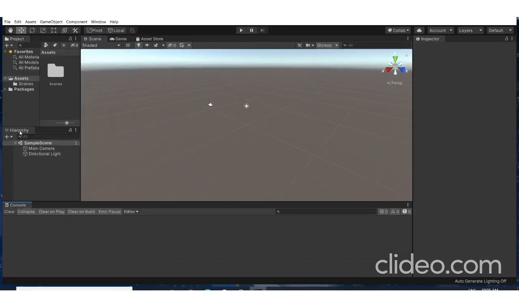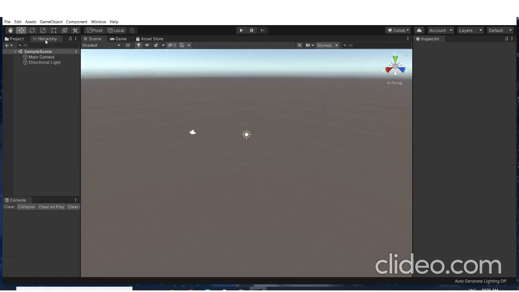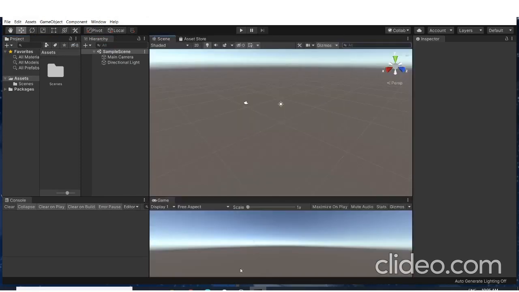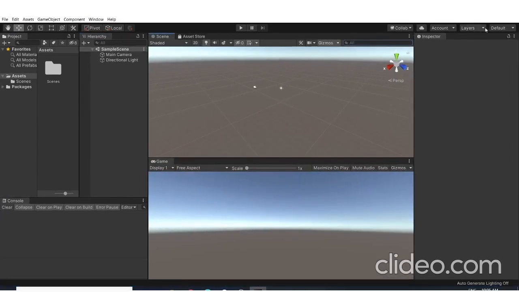I usually put my project tab there, the hierarchy above, the console there, and my game scene down there. But if you are not comfortable with it, it's okay.